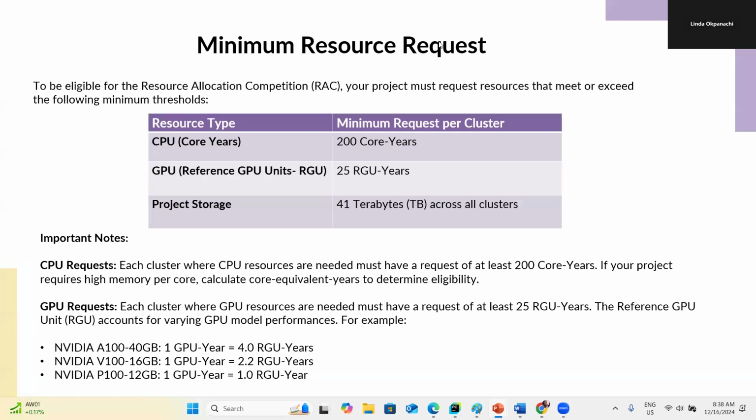So you might wonder, what are the minimum resource requests? For my project, what's the minimum, what's the maximum? Okay, so the CPU, if you're requesting CPU resources, that's the processing power you need for your computations. Your request must be a minimum of 200 core years for each cluster where you plan to use the CPU. Now, just think of it like this. If one CPU core runs continuously for 1 year, that counts as 1 core year, right? So for large-scale projects, you need to request resources that add up to at least 200 core years